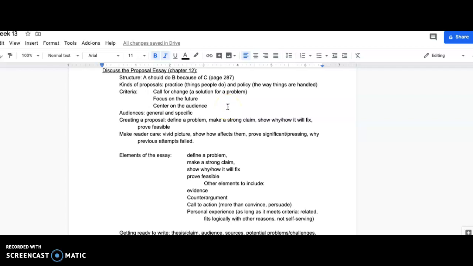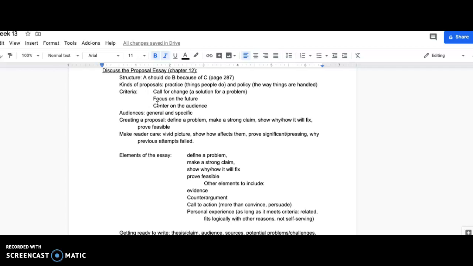So you really need to know who your audience is, and you need to know what their behaviors and attitudes are like, and then you need to use successful appeals for your argument to approach that audience. Remember that we talked at the beginning of the semester about the difference between convincing and persuading. Well, convincing is when you change your reader's mind. So your definition essays, those were convincing, right?